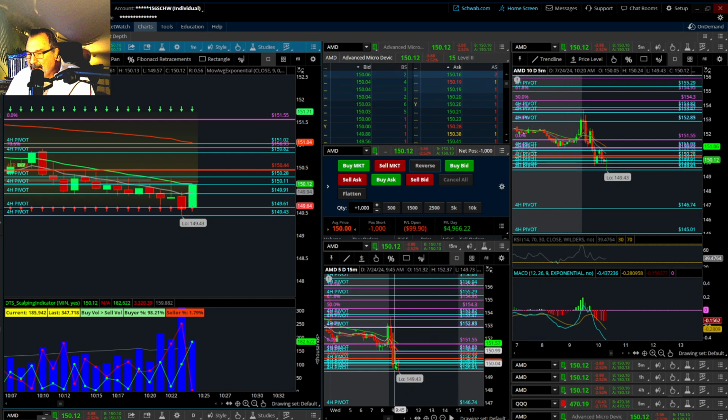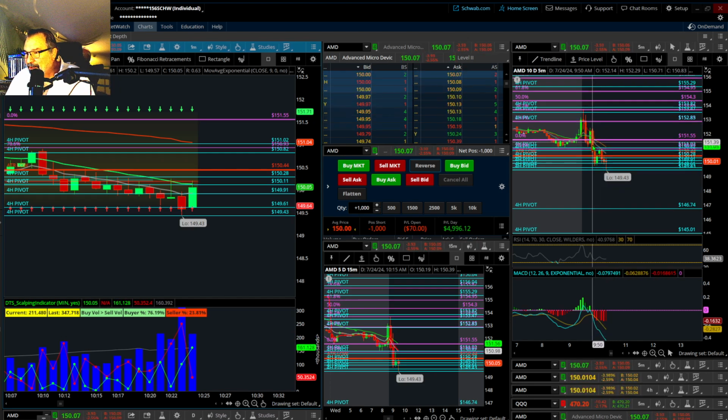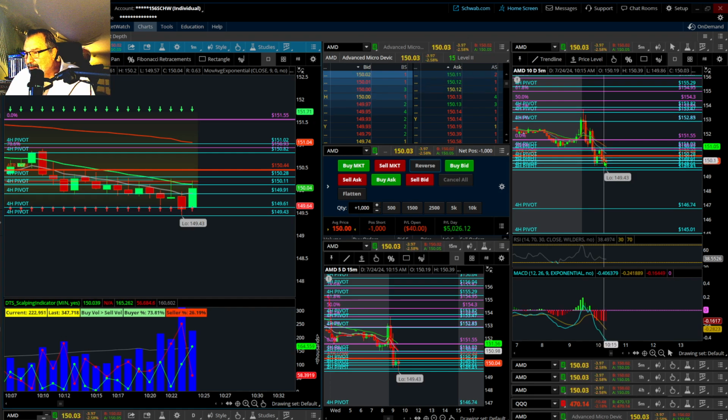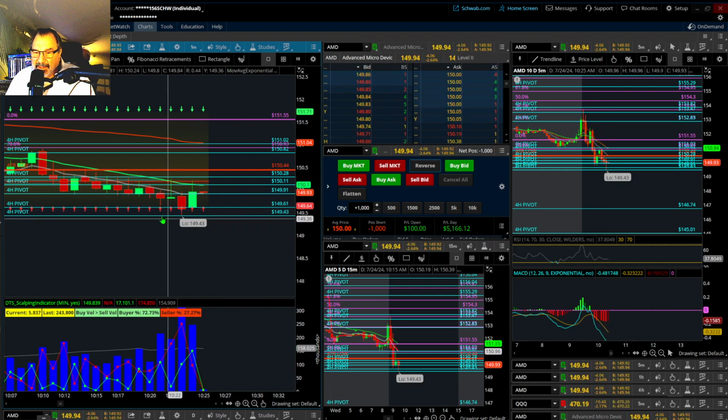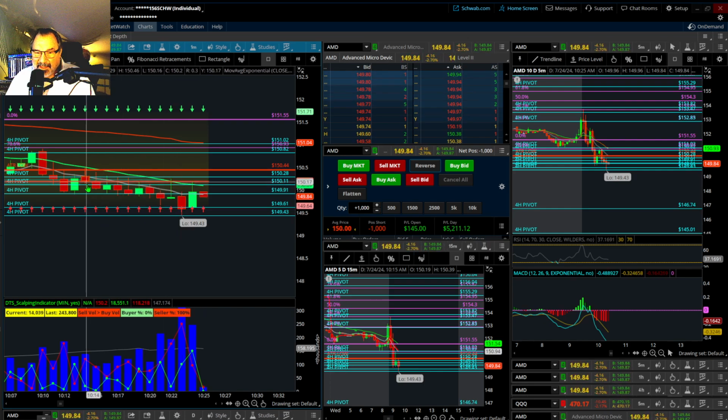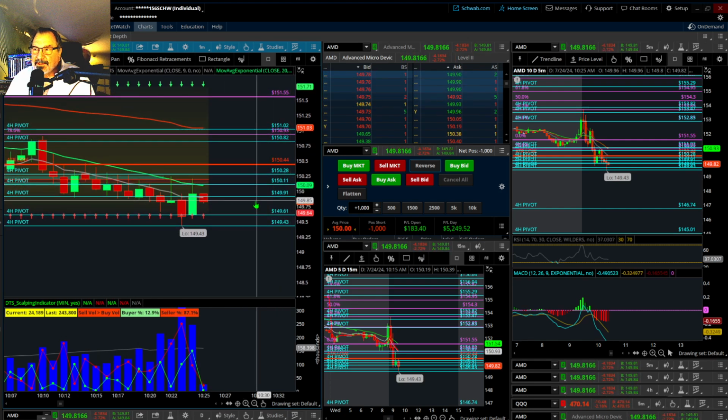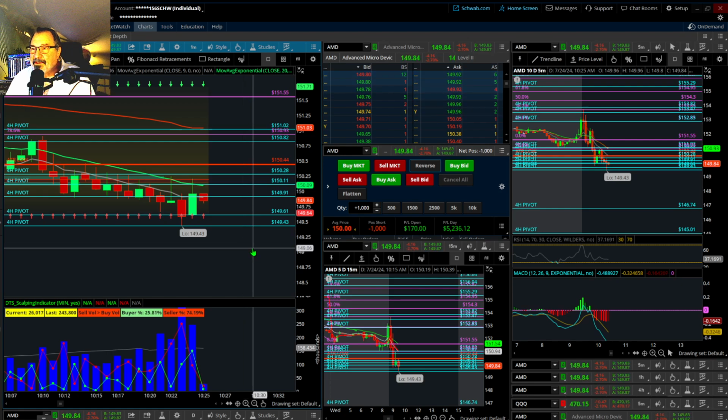Although that is a hangman on the 15-minute. You had a spinning top here, but you also have a bear flag that formed right there on the 5 minutes. So now the 1 minute doesn't have anything except potential for turnaround. It means they're all indecisive candlestick things. So patterns. So you just, oh boy.